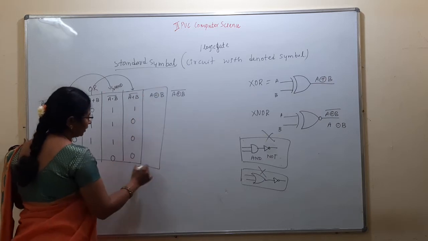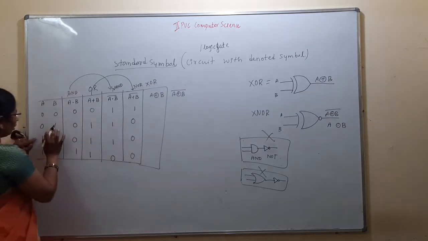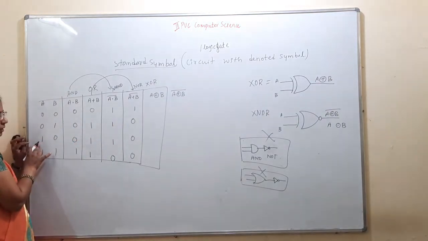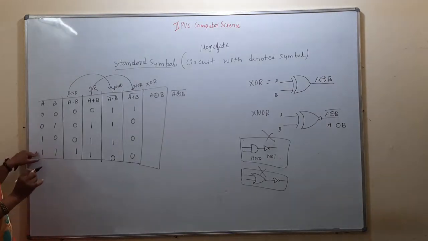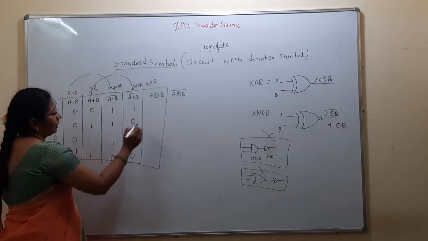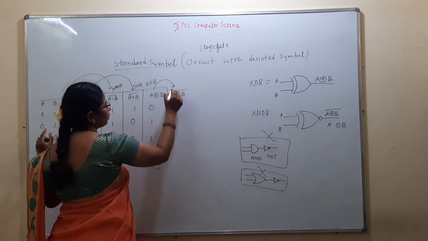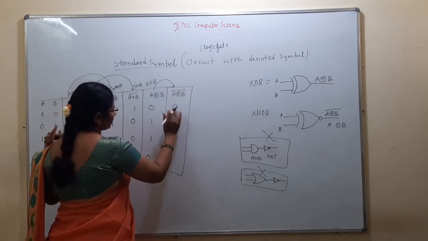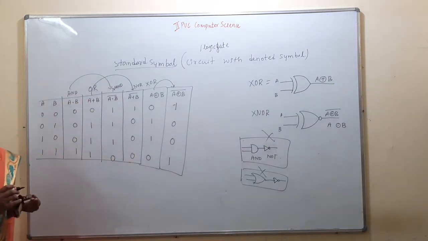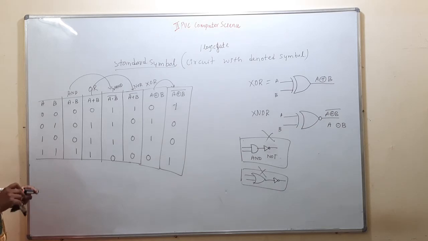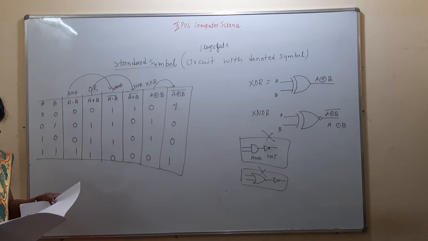The next one is your NOR. This is your XOR. When we have an even number of ones, not an odd number of ones, the result is 0. An odd number of ones will give you the result 1. This is 0. Then complementation of this will give you 1, 0, 0, 1. Did you get it? So this completes your writing of the circuit symbols as well as your truth table, students.